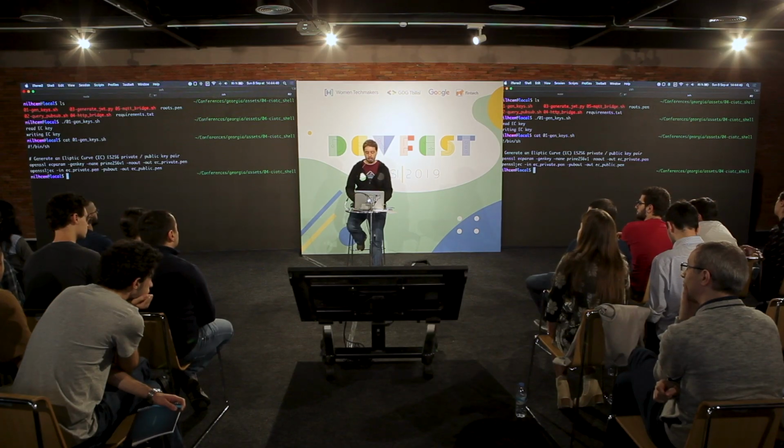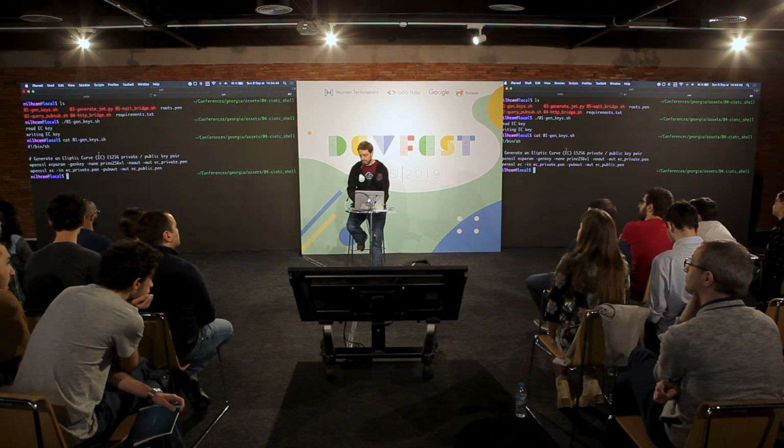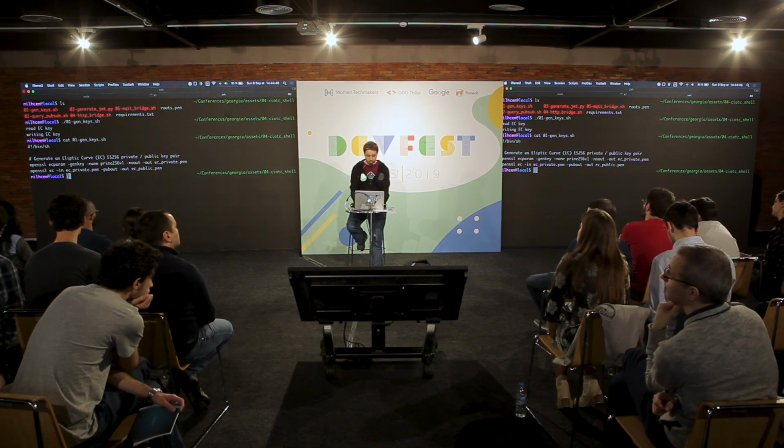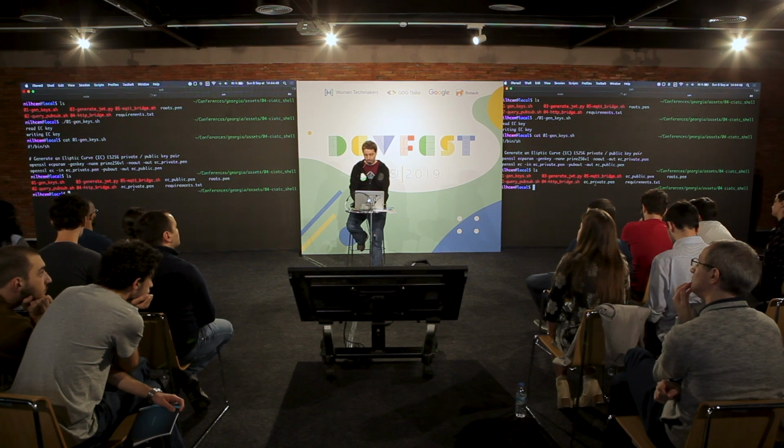So now, how can we connect a computer or a microcontroller to Google Cloud? Let's check it. First, Cloud IoT Core is a secure service, which means you have to generate keys. You can just use OpenSSL for that. You generate an asymmetrical key pair, with a private key and a public key. Here I use elliptic curve, but you can use RSA if you prefer. So I just generate some keys. Here I have my public key and my private key.